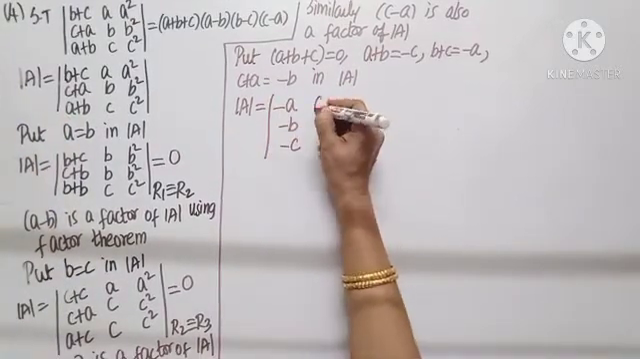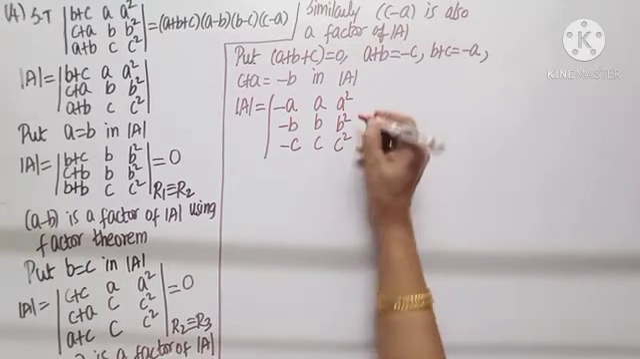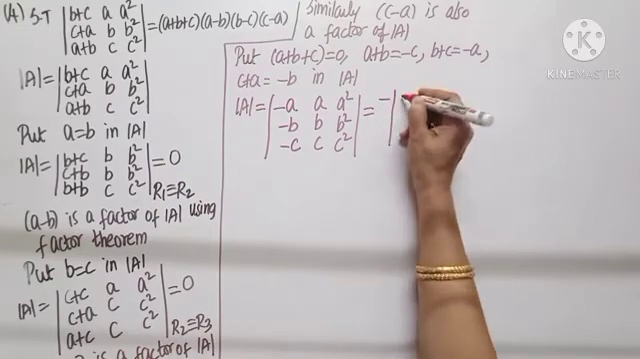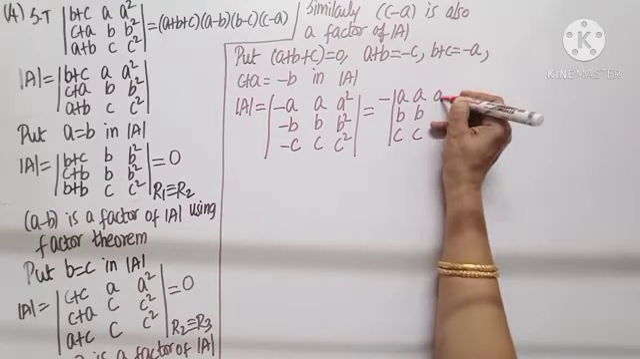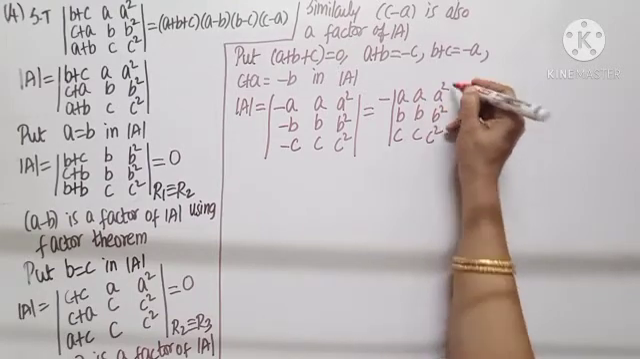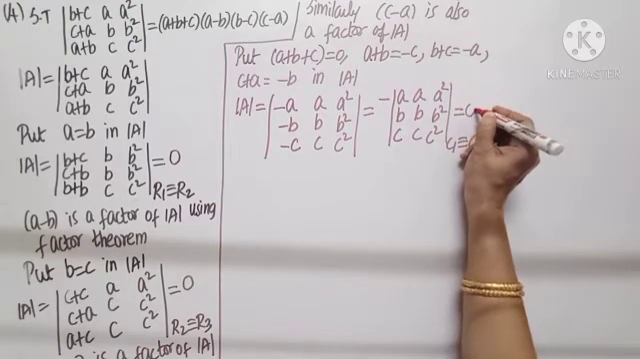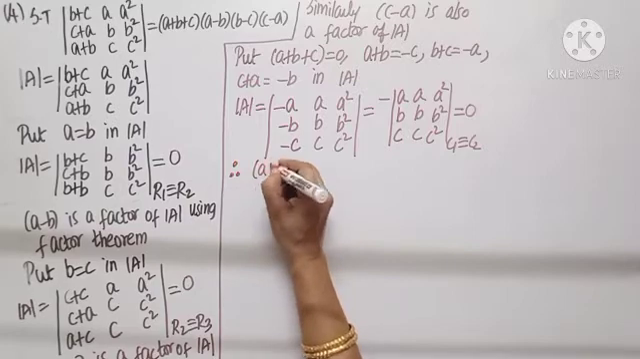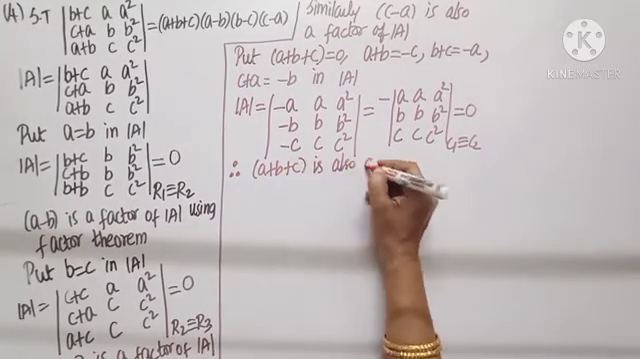The second column A, B, C and the third column A square, B square, C square. In the first column, the minus symbol is common. If I take it out, I get column 1 and column 2 identical. Therefore, the determinant vanishes. So, I can also say A plus B plus C is also a factor of